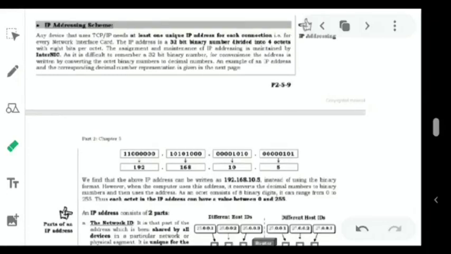To identify you or me, we have a particular name, right? We have a name and surname by which we can identify two different people. Suppose there are two girls, and one girl's name is Priyanka, and another girl's name is also Priyanka. But if you want to uniquely identify both of them, the surnames cannot be the same. So Priyanka Das or Priyanka Ghosh or Priyanka Bose, like this we can differentiate and identify each and every individual person. We can identify them by their name.